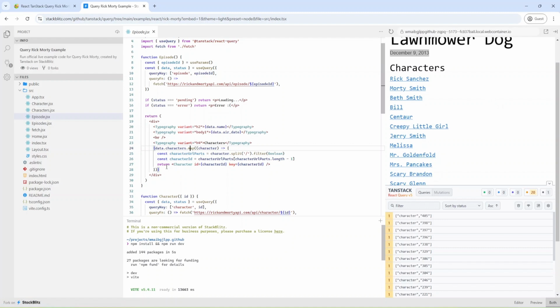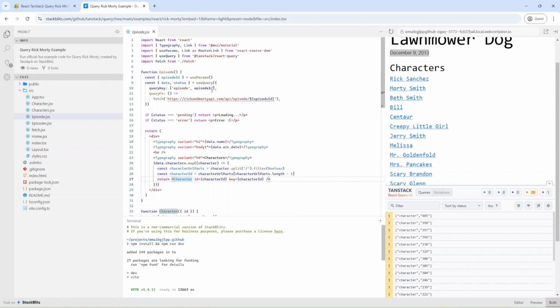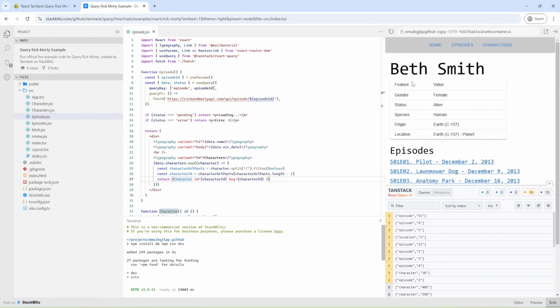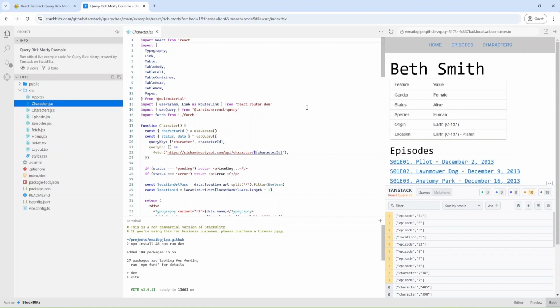The JSX is pretty simple, just a character component, and I can press on a character, and let's see, and we have some description of the character and episodes, and let's go to character and check.